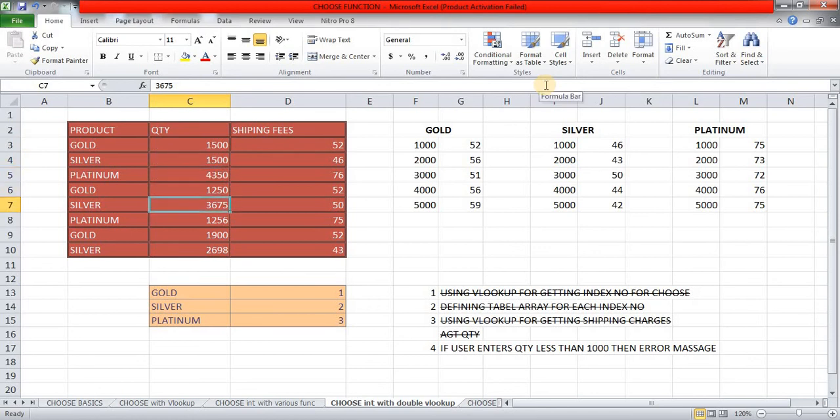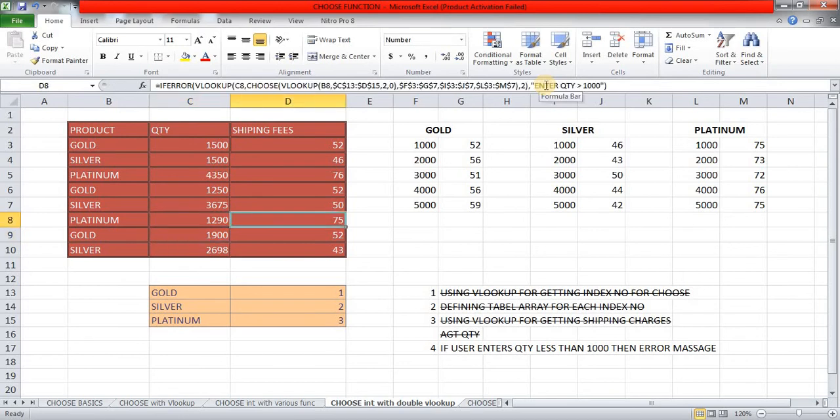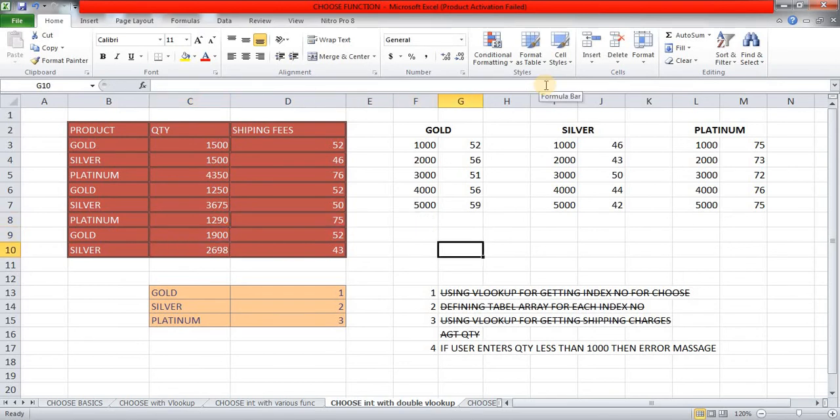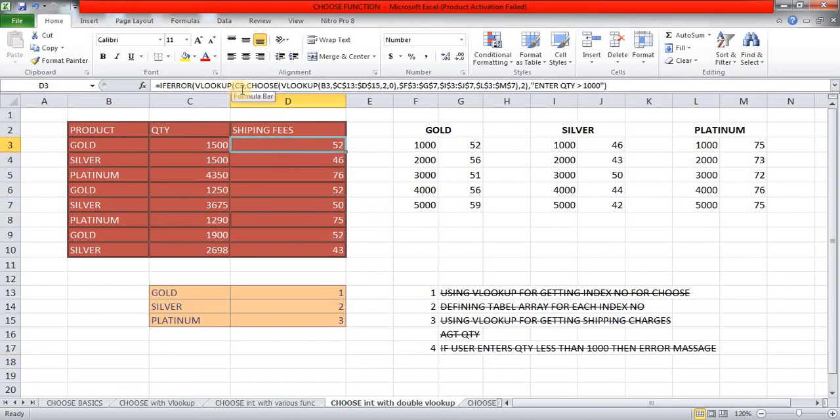Similarly, let's try to do it for platinum. 850, error, perfect. What about 1290? It's giving me the result. Okay, so in this challenge what we did is this: we have completed. Control 5 to strike out. We have used two VLOOKUPs, one CHOOSE and one IFERROR. So all in all, 4 functions have been integrated with CHOOSE to arrive at shipping fees. Okay, let's move on to